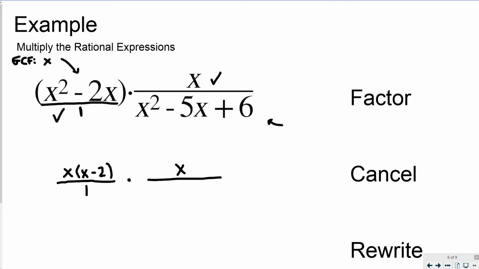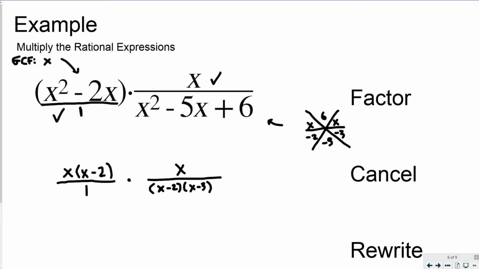So now I need to factor this one, and I'm going to do so using the diamond, or the umbrella star method. 1 times 6 is 6 on the top. And then we have a negative 5 down below. An x, an x. Remembering that when we have a negative down below and a positive on the top, we have double negative factors. The 2 factors that would add to negative 5 but multiply to positive 6 would be negative 2 and negative 3. So we would put x minus 2 here, and we would put x minus 3